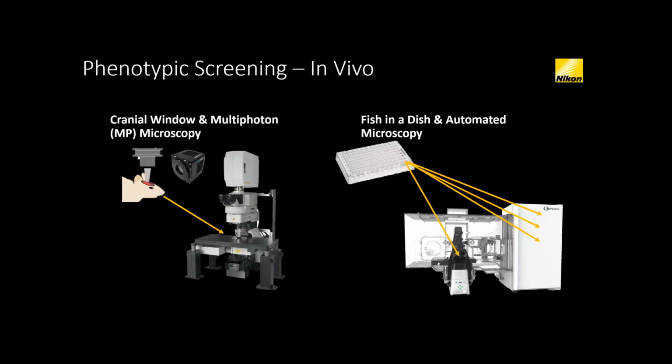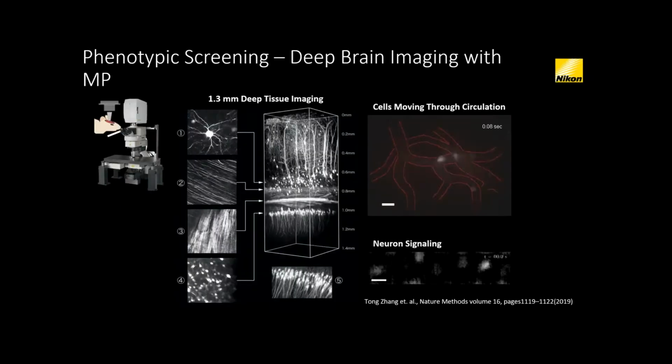So this is exciting. And the question is, what does this look like? So I want to share some data with you from each of these systems before we move on to in vitro screening. So shown here is an example of using the multiphoton to do deep brain imaging. The deep brain imaging allows us to look through, shown here on the left side, very, very thick tissues. And we can go pretty deep into the brain. And we can also look at things happening live with a multiphoton setup. So this data here is actually from